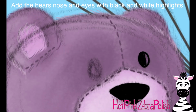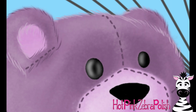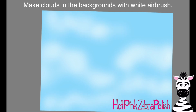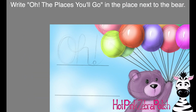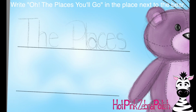I'm going to add his nose and his eyes. As you see, I went back to my sketch lines and I brought those back so I could see how I had sketched in his eyes, so I got them to look a little bit more proportional, so they had that distance in them. Add some highlights with the little calligraphy pen as well as the airbrush, and then on the background I airbrushed in my clouds, and then goofy me, I started adding these little reference lines, and I did not do that on a separate layer, so I was just drawing those right in the background, so I ended up redoing my background in a moment. But then on a separate layer I am going to be writing "Oh, the places you know,"